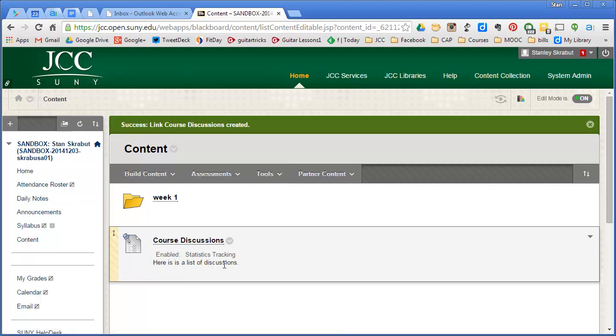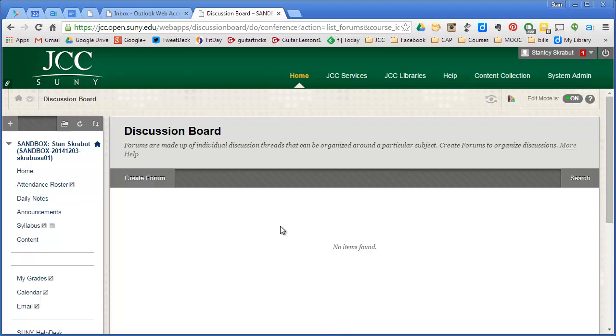And here's a list of discussions. And so it gives a little information about that. When I click on this, there are no items to be found. So what I first need to do is create a forum, basically a room where a particular discussion is going to be held. So I click on Forum,